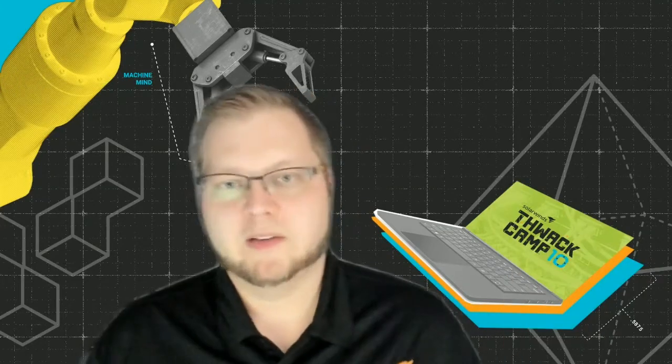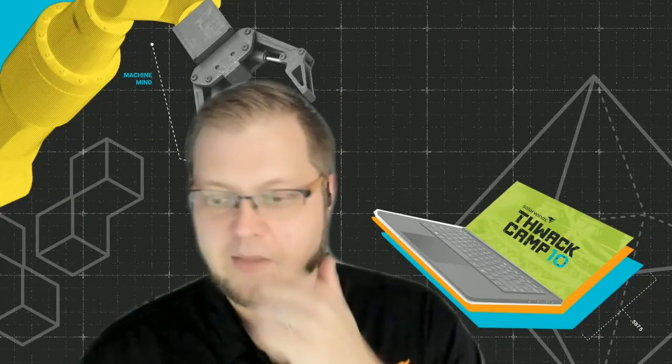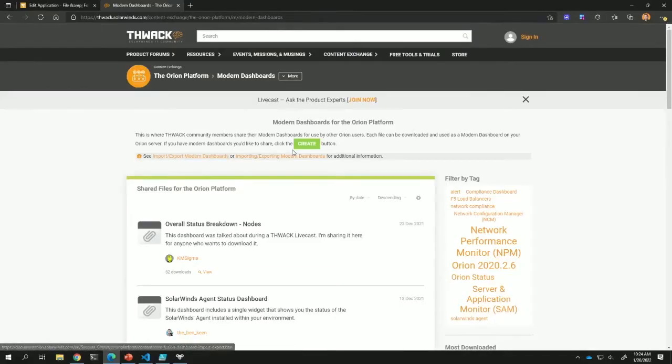If you don't want to go through those steps, there's also a PowerShell way to do this where it basically calls the same thing, but you don't have to linearize it. There is a discussion about that on the forum. So if I jump back here to modern dashboards, here's how to import modern dashboards, and here's how to import and export modern dashboards. This one is a THWACK article where we go over how to do it in PowerShell, and this one is the support pages that tells you how to do the linearization portion.